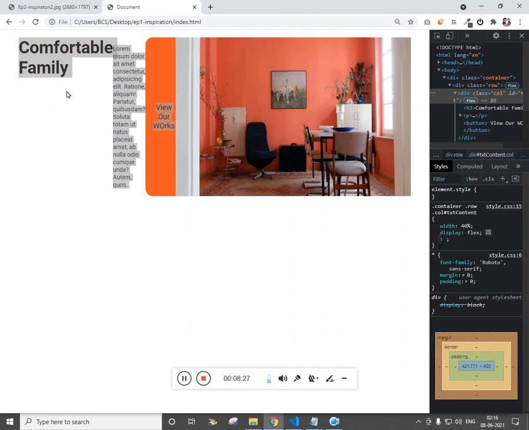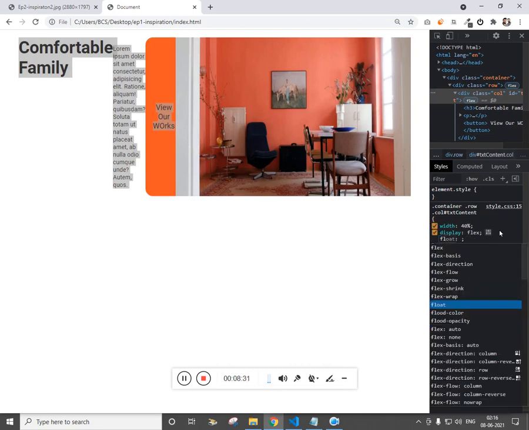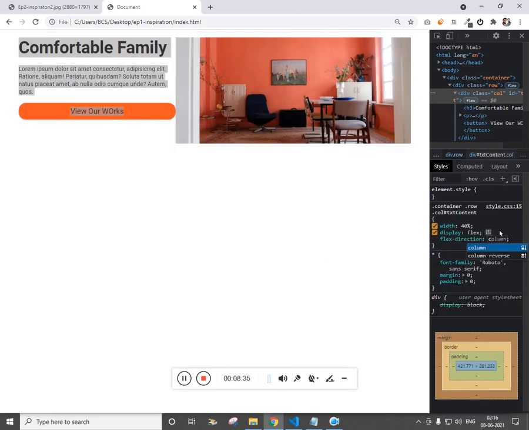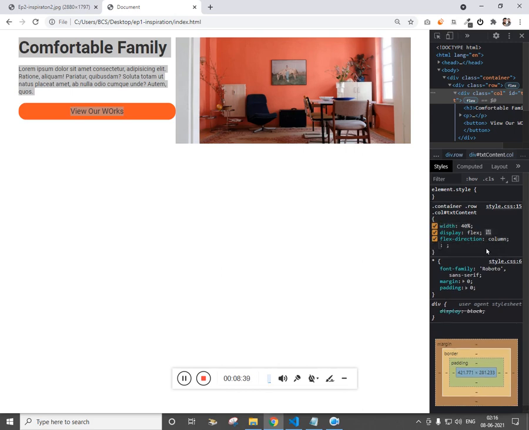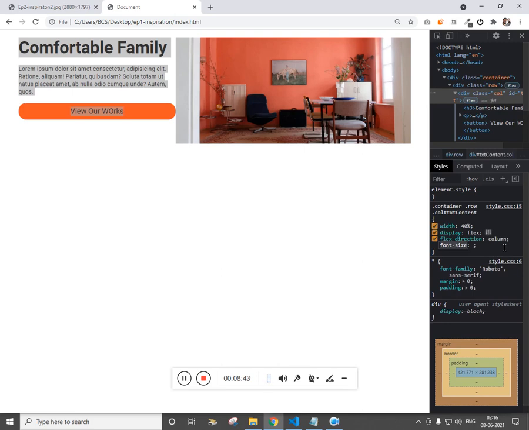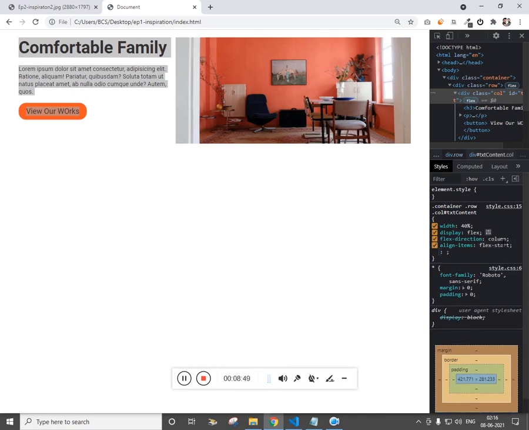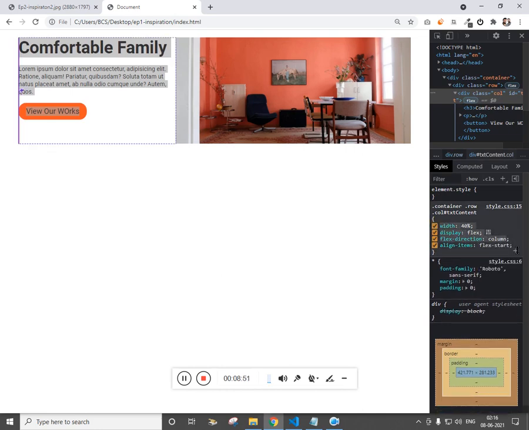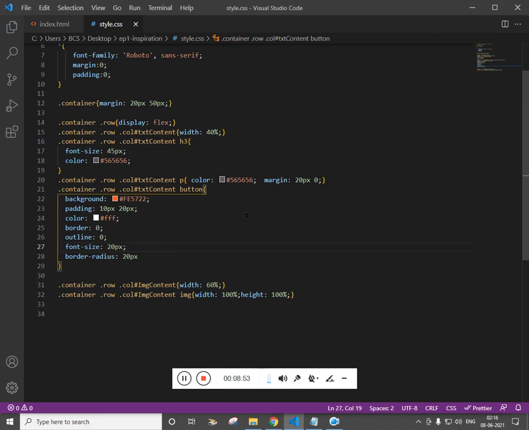Now I don't want this to be side by side, I want it to be one below the other. So flex direction column, and you can have flex start. So align items flex start. Just copy this and paste this for the text content. Where we have text content is over here.